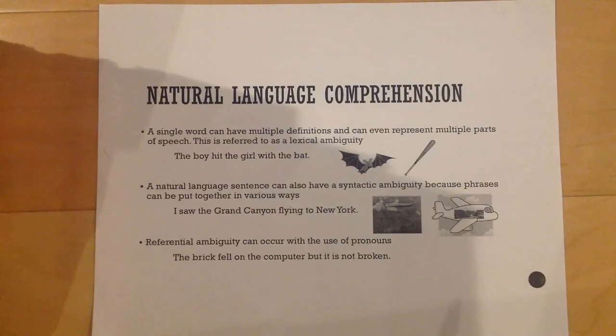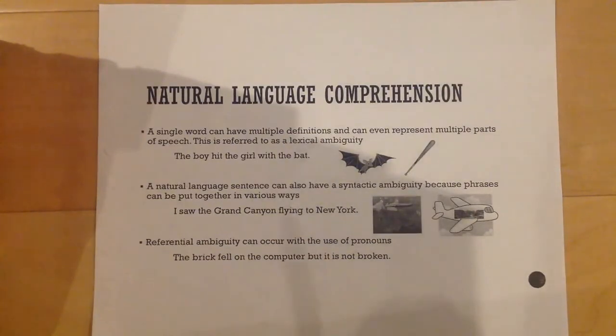Sounds like a jerk. But did the boy swing a bat and hit the girl? Did the boy have a bat and throw it at the girl? Or did the boy just punch a girl that happened to have a bat in her hands? Or did the boy punch a girl that happened to be holding a bat? I'm not sure why she was holding a winged bat, but there's so many different ways that sentence could be interpreted. So trying to train a computer to understand that is very, very difficult because, again, it comes